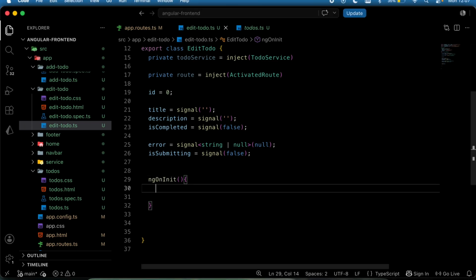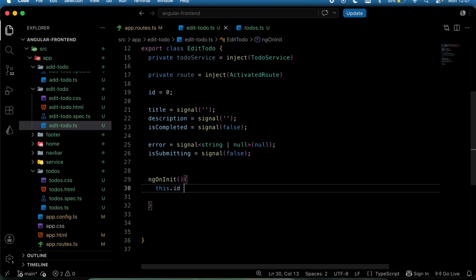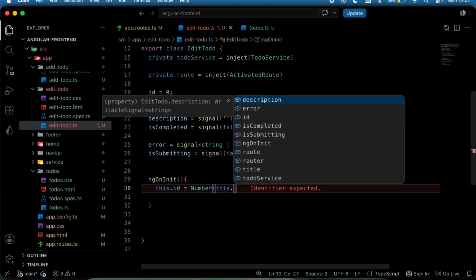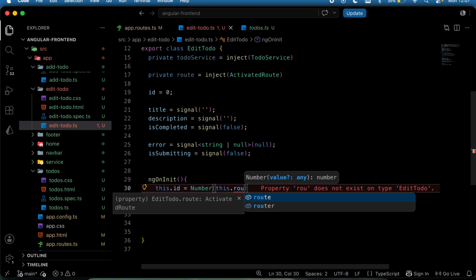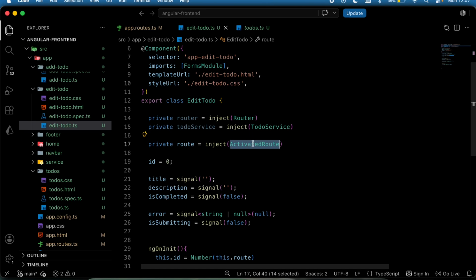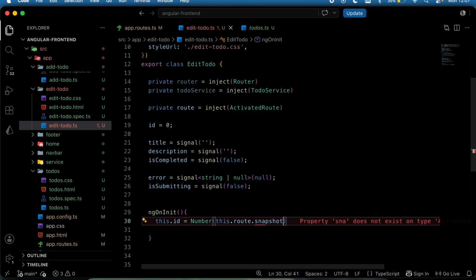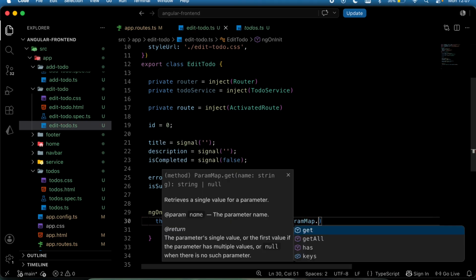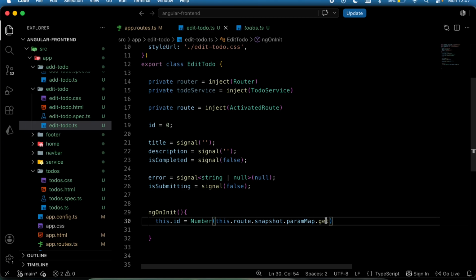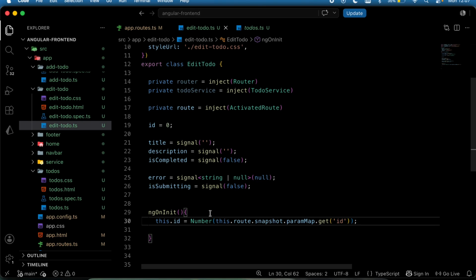I want to, first of all, set the value of the ID right here to be wrapped within a number, and I'm just going to say this dot the route, which is going to be the route. This is the activated route right here to scan our route right there, not to navigate. Then I'm going to say dot, take a snapshot of it. Snapshot means that we are scanning over it, scan over your route, and say parameter dot get, go over the parameter and get the value of the ID which is there, and save it as the value of the ID